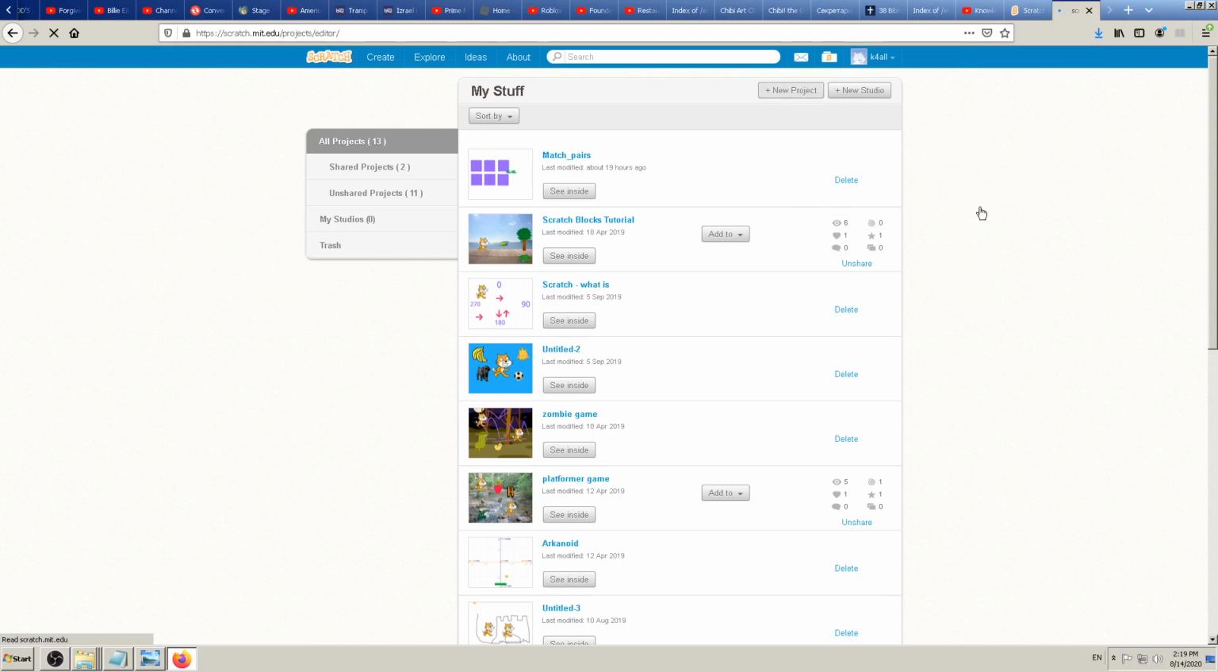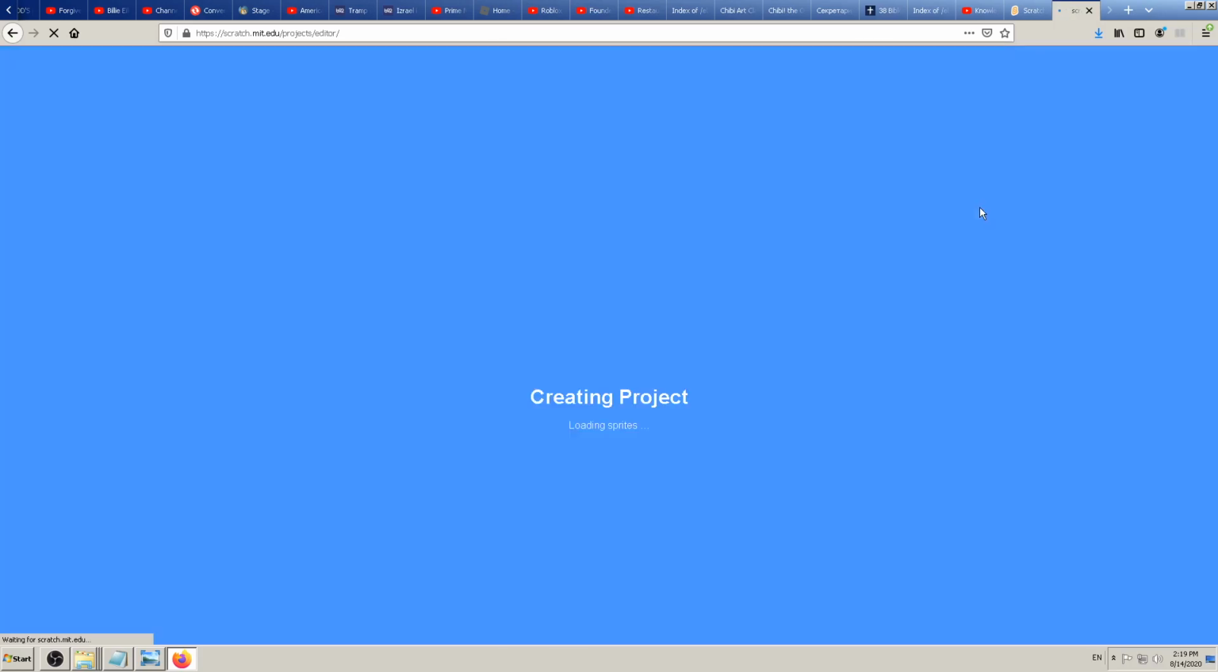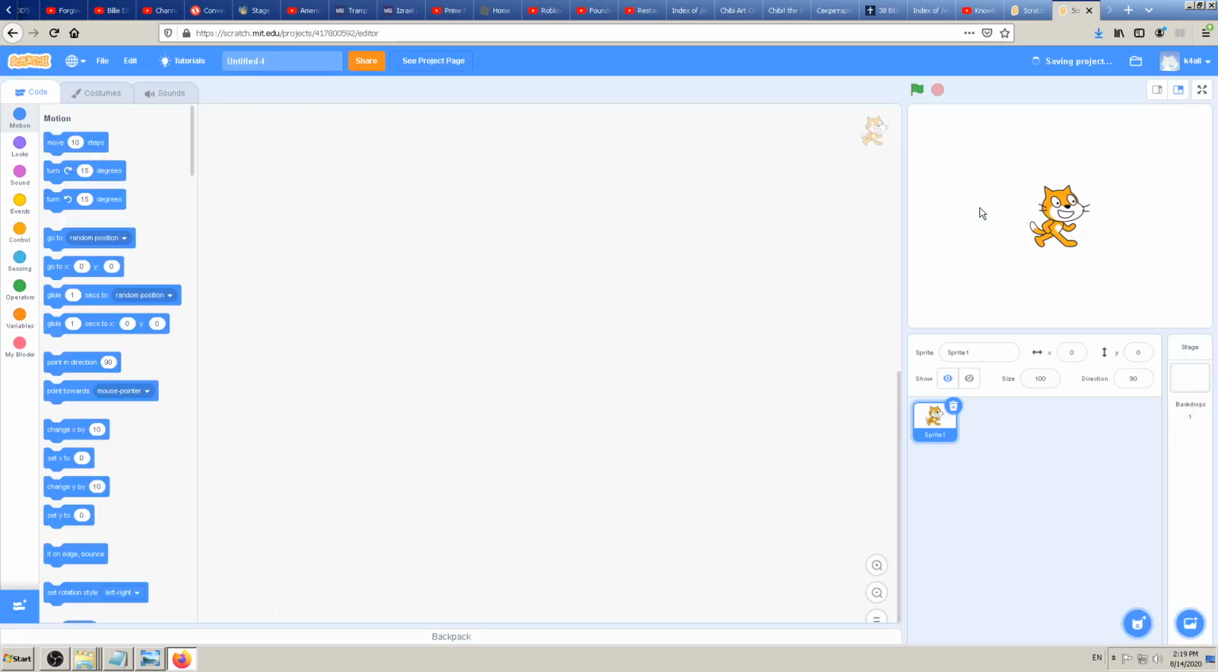Okay, so I'm going to click finally on this button which says new project. Scratch will take a few, probably a little bit more than a few seconds, a few moments to make the new project, and it was really fast actually. Okay, so we are starting from scratch in Scratch, and we want to make our dress up